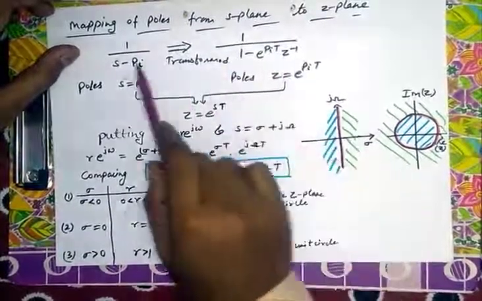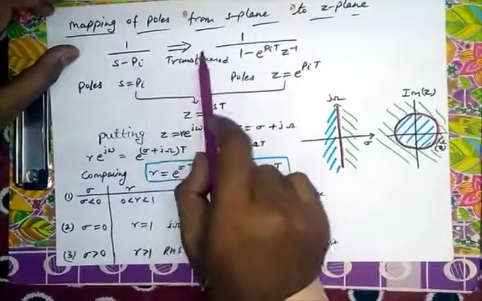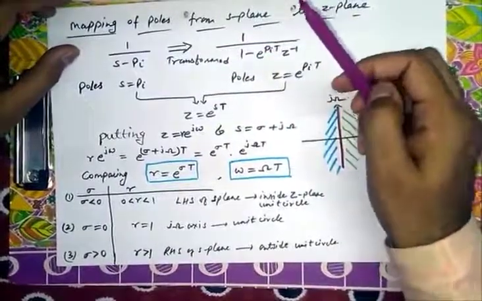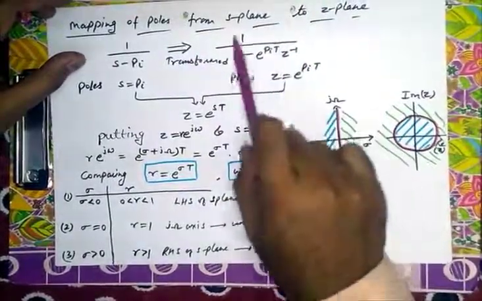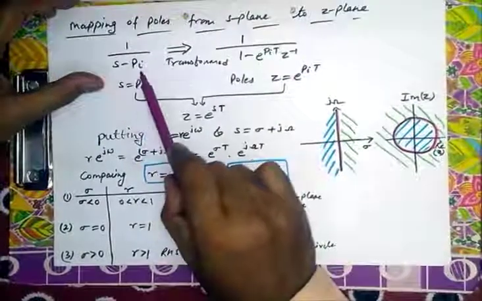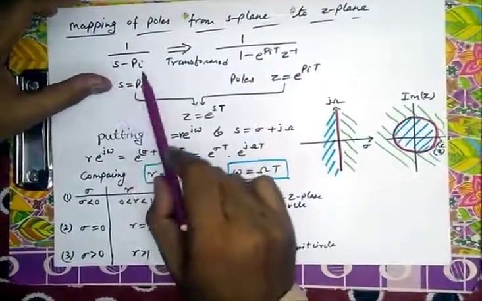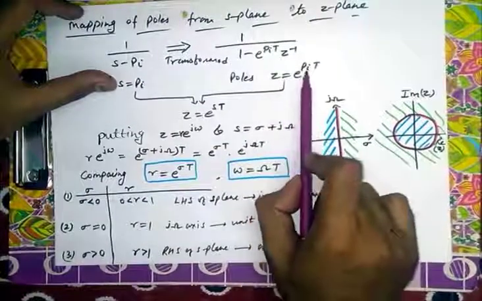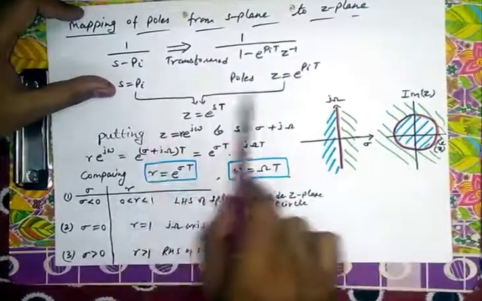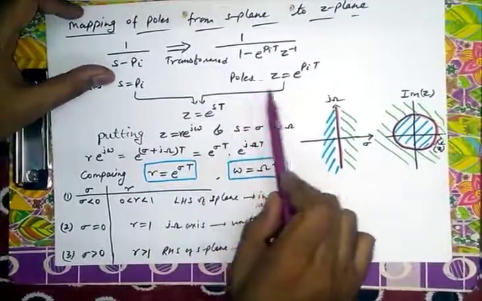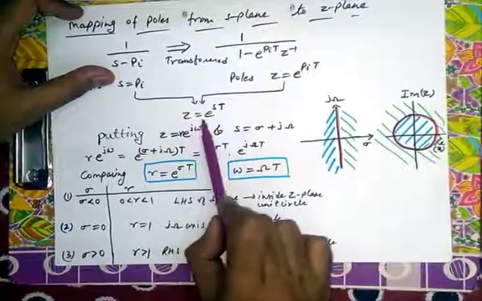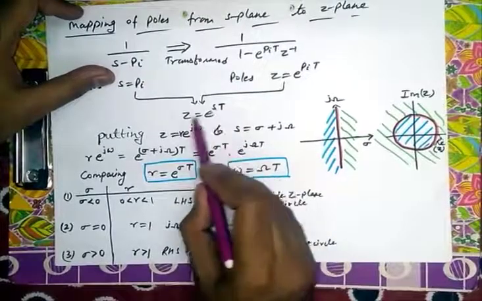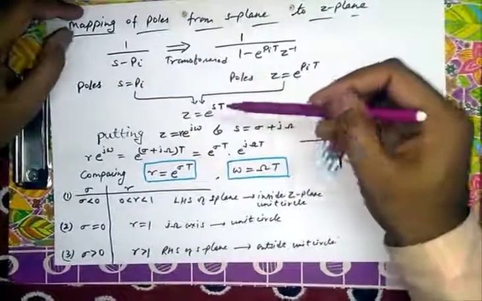Okay. First we started from it, and after doing the 3 steps, that is, first the inverse Laplace transform, then sampling, then Z transform, we have achieved this expression. So 1 upon s minus p_i becomes this one. So s equal to p_i, that pole in the analog domain becomes a pole in the z domain at e raised to p_i T. Combining these two equations, putting s equal to p_i, and putting z equal to e raised to power sT, this is the final equation which gives the relation between s and z domain in one equation.